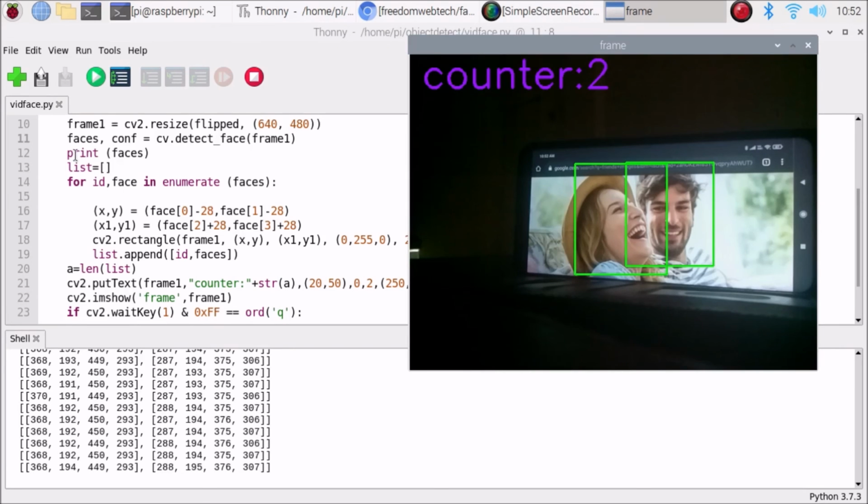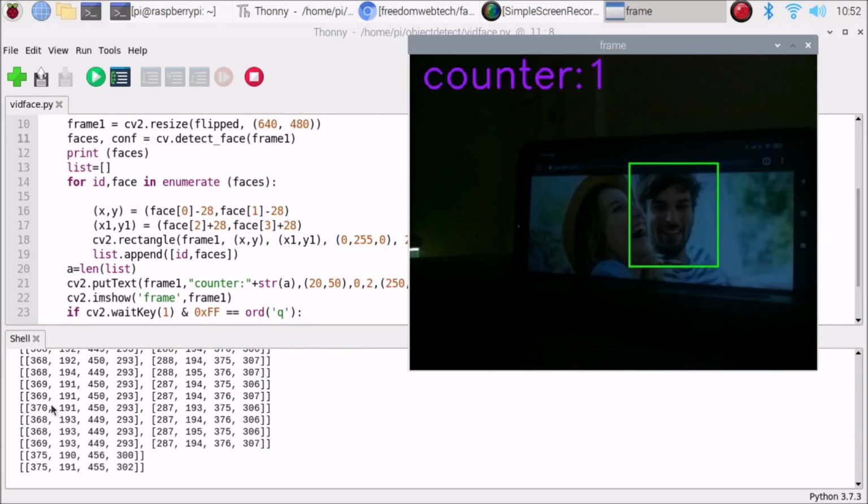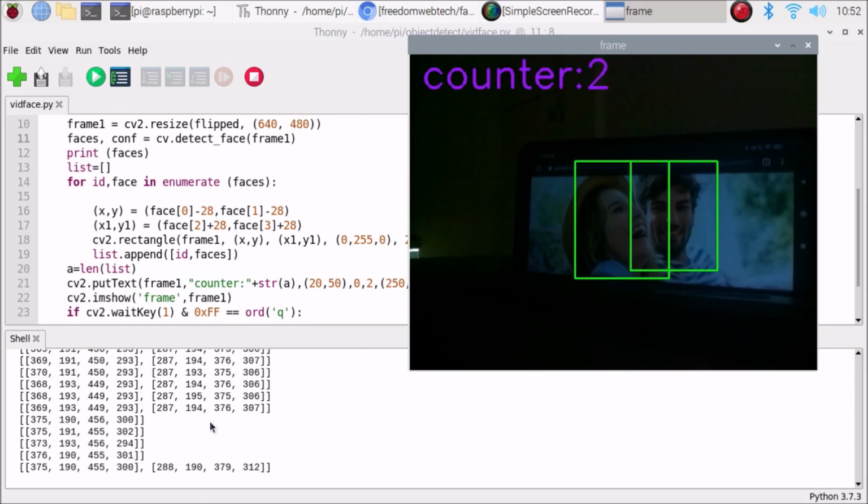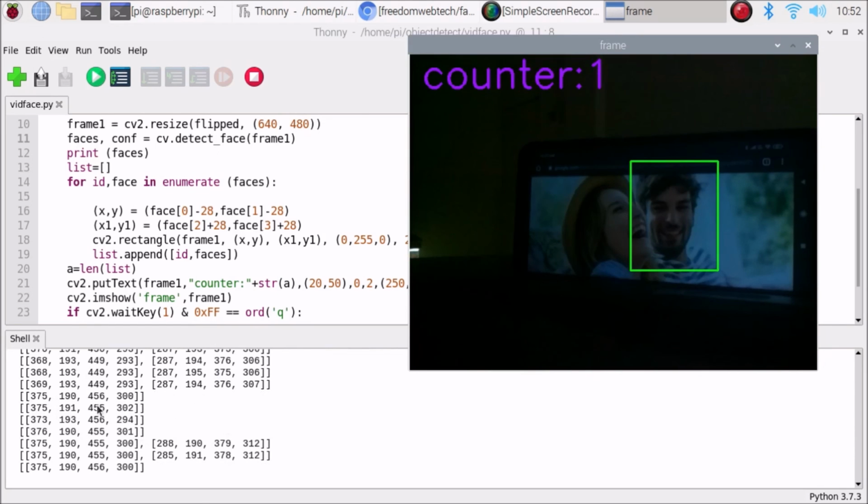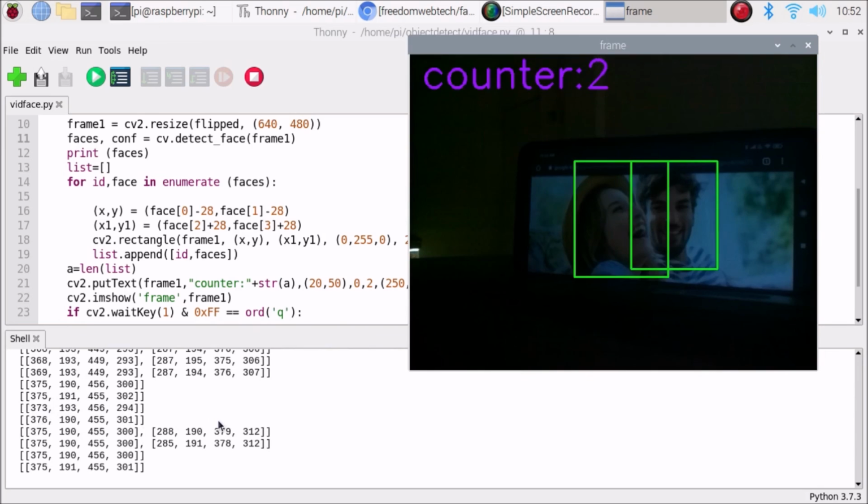Because we print the faces, as you can see, we have 2 lists, or we can say we have 2 faces. This is for one face's coordinates, and this is for the other one. So we have 2 IDs with the coordinates.